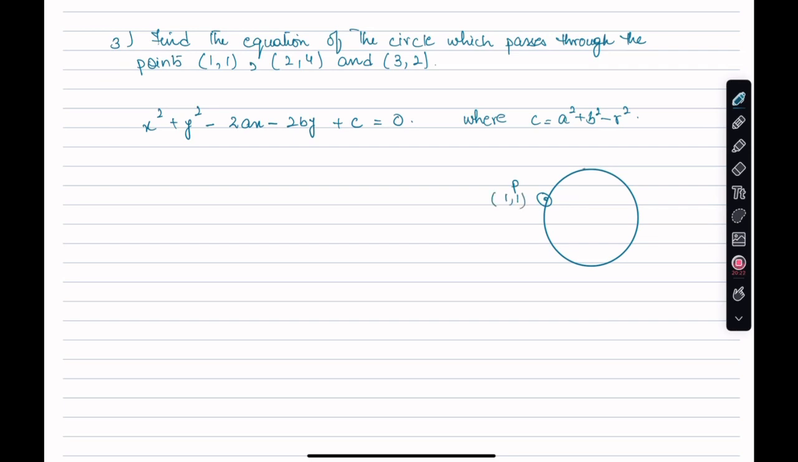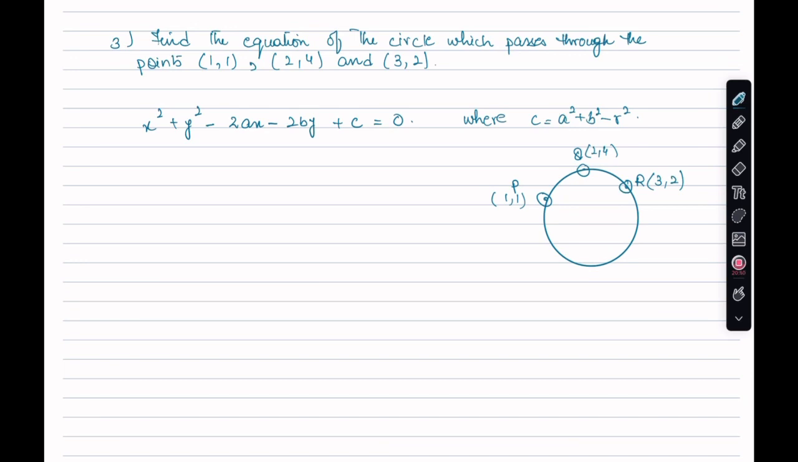Then there is another point Q with coordinates 2 and 4, and we have a third point R, and let's say the given coordinates here are 3, 2. Now the radius is not known to us, the center is not known to us. That means we can neither apply the center nor the radius up to the circumference of the